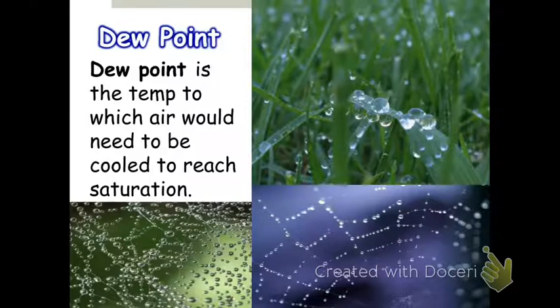Now, another area you may have dew would be on your cup. And usually if we have dew on our cup, we call that either condensation, or we would say that the glass has sweat. That's kind of how we look at it. But it's the same process occurring on a cold drink versus on the grass or these spider webs. Usually you find dew late at night or early in the morning.